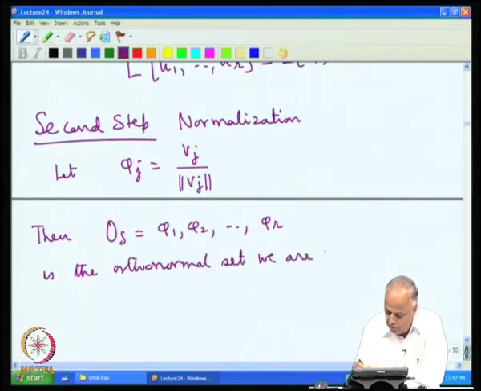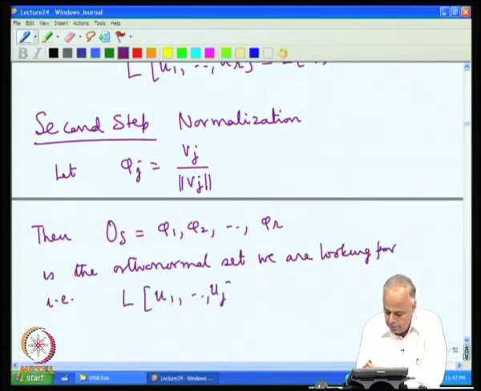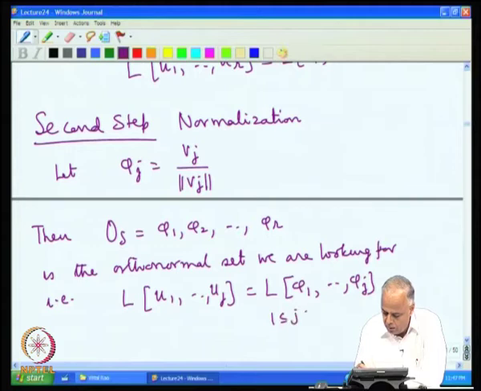What are we looking for? We want them to be an orthonormal set such that L of u1, u2, ..., uj is equal to L of phi 1, phi 2, ..., phi j for 1 less than or equal to j less than or equal to r,